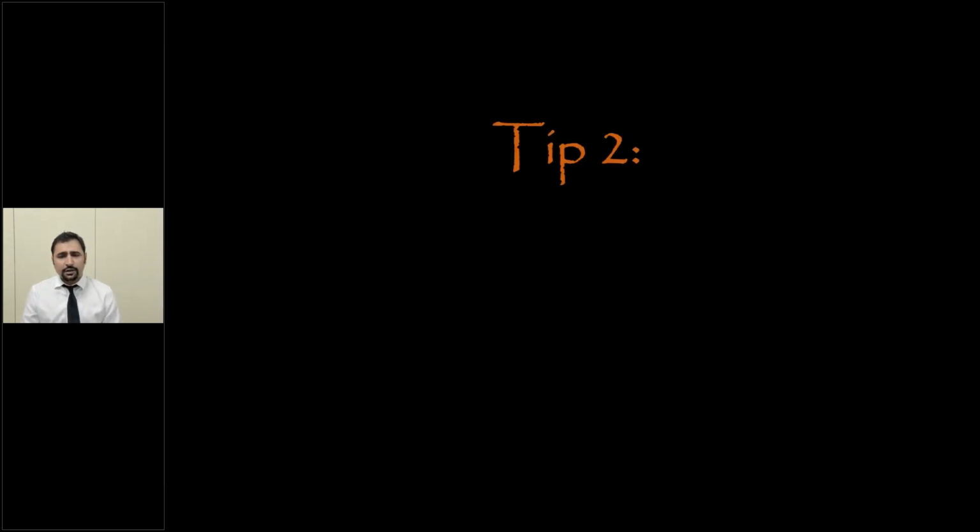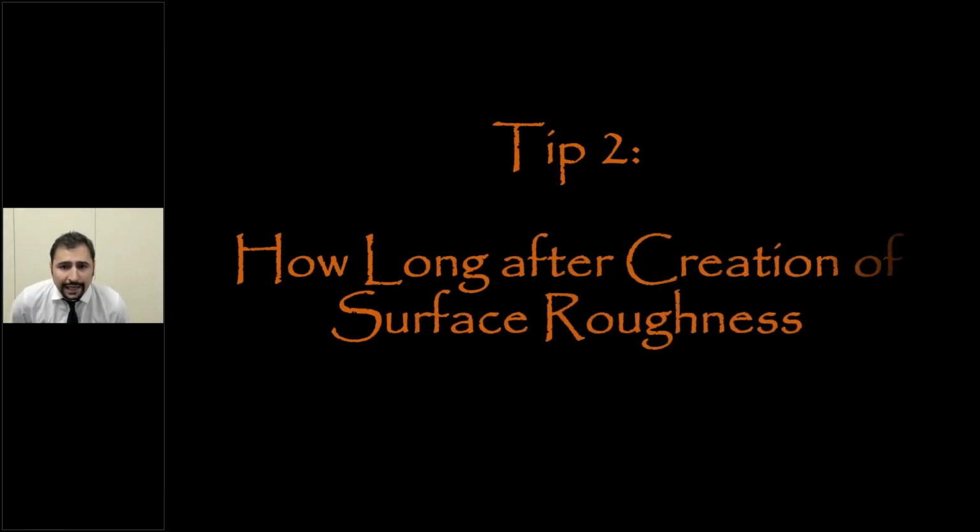All right, let's talk about the second tip. How long after creation of surface roughness should we bond? This is very interesting. In other words, there are 2 reasons that we do sandblasting or air abrasion with aluminum particles. One reason is that we want to create surface roughness. The other reason is that we want to clean the surface and increase the surface energy of that intaglio surface